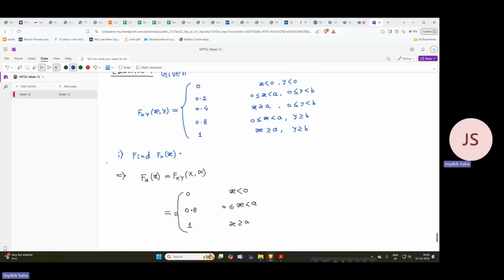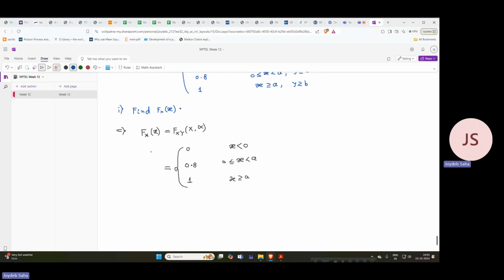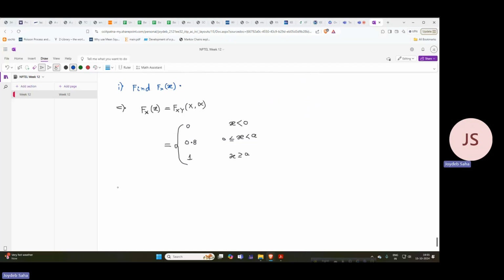We have another part. If this is clear, then take 1 or 2 minutes and try to solve. Find the marginal distribution of y and